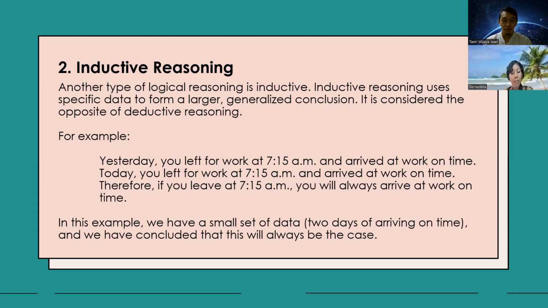Okay, so in this example, we have a small set of data, 2 days of arriving on time, and we have concluded that this will always be the